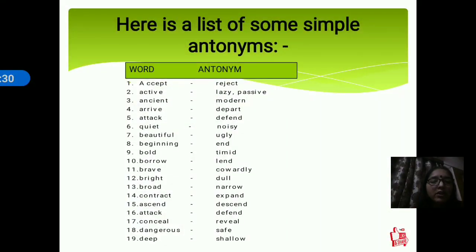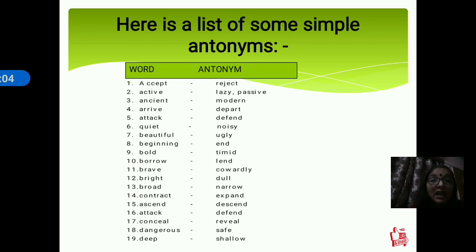Okay, now let's come across this list of antonyms which we need to study now. Okay, first word, accept. The way you accept any proposal. Opposite of that is reject, when you disapprove it. Okay, next is active, really active boy. Okay, lazy, the one who's too lazy, doesn't want to do anything. Okay, then ancient and modern, we have already discussed. Arrive, depart. Arrive is coming and depart is moving out. Arrival of the aircraft, departure of the aircraft.